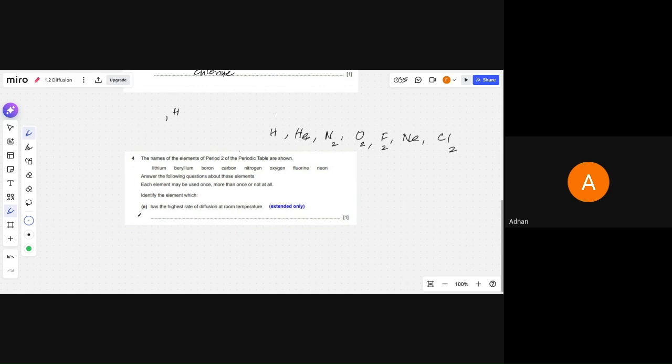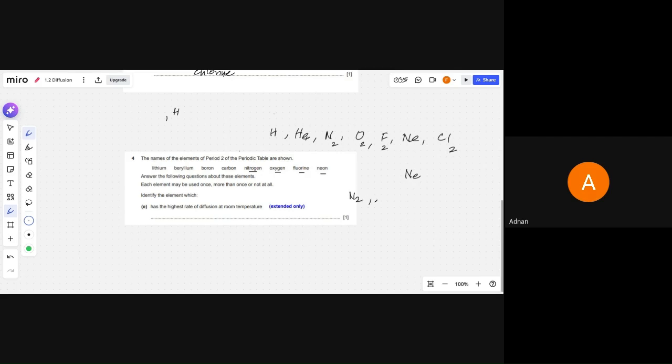So now they're asking about the highest rate of diffusion. So we should look for the lightest gas out of all these elements, right? And it has to be a gas because solids do not show diffusion. They can't diffuse because the particles are closely packed. We have discussed it earlier. So the gases are nitrogen, oxygen, fluorine, and neon. So we can see that the lightest gas will be neon because nitrogen, oxygen, and